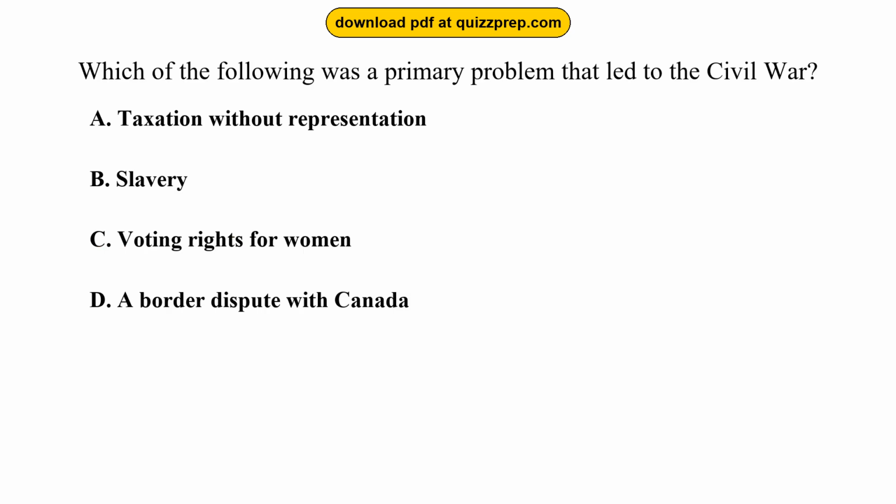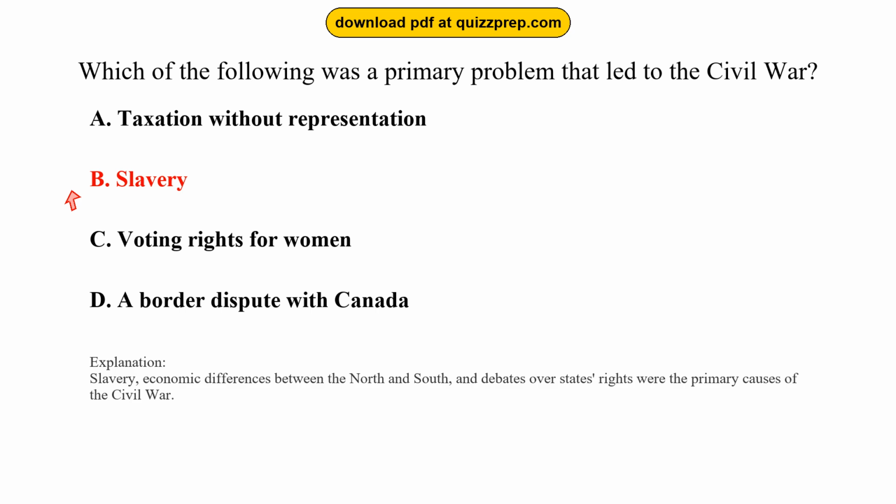Question 80. Which of the following was a primary problem that led to the Civil War? Option A, taxation without representation. Option B, slavery. Option C, voting rights for women. Option D, a border dispute with Canada. The correct answer is option B, slavery. Slavery, economic differences between the North and South, and debates over states' rights were the primary causes of the Civil